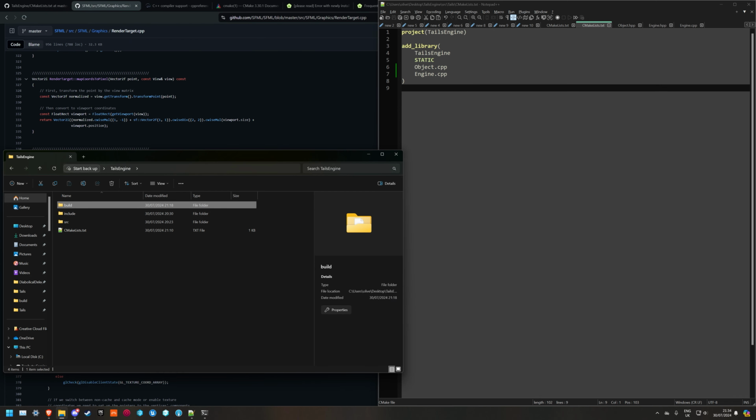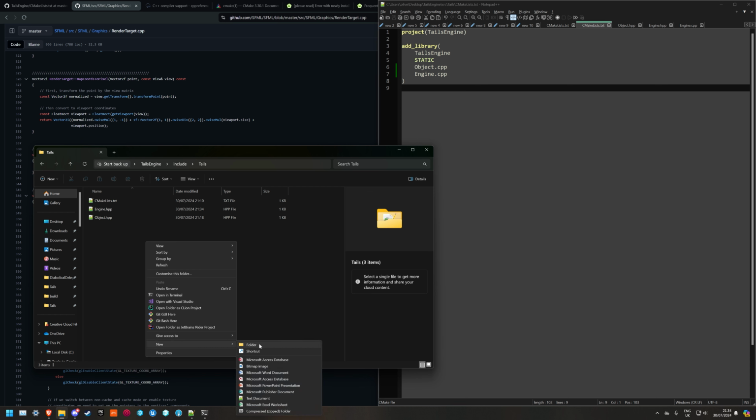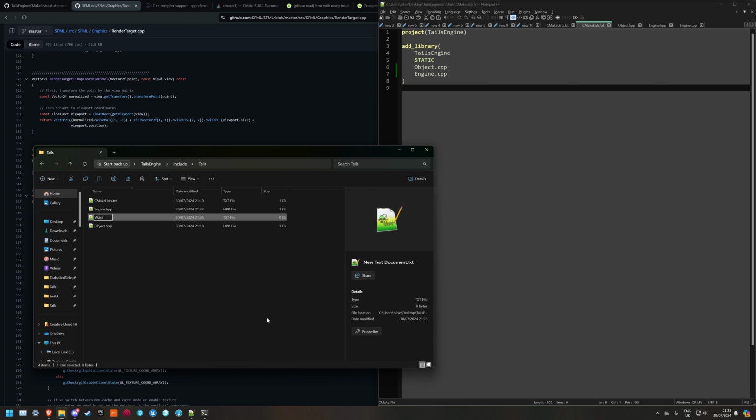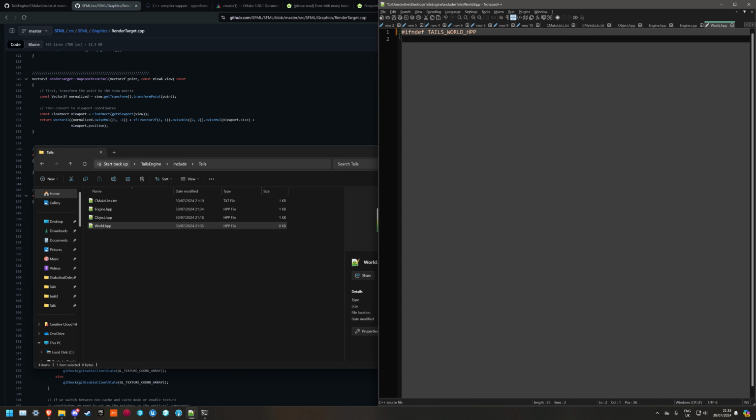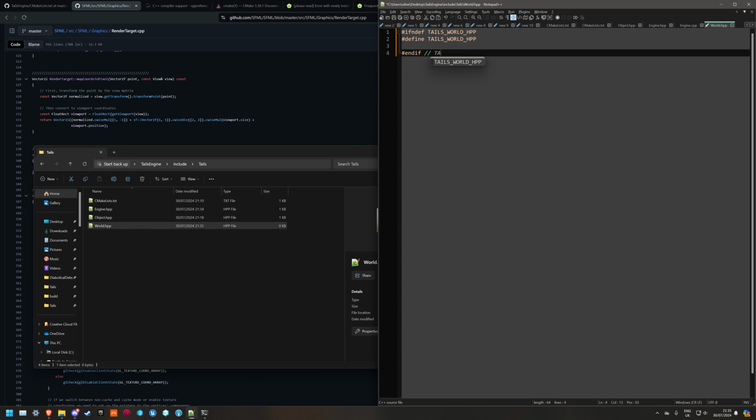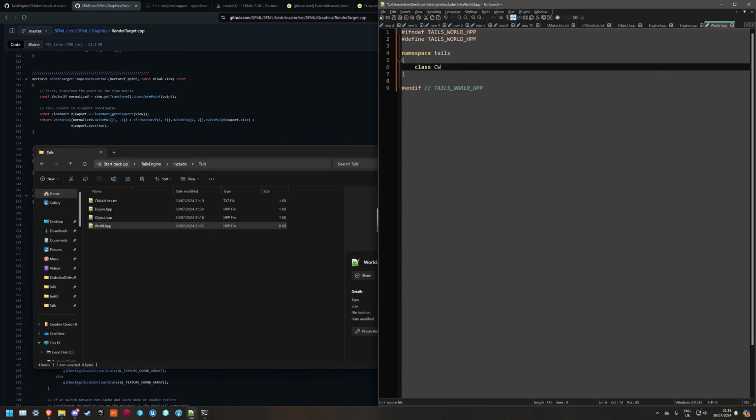Let's close this. I'm just going to do it like this just because I don't want to use CMake. CLion. World.hpp. If not defined TAILS_WORLD_HPP, then define TAILS_WORLD_HPP, end the if. Namespace tails, class CWorld, probably